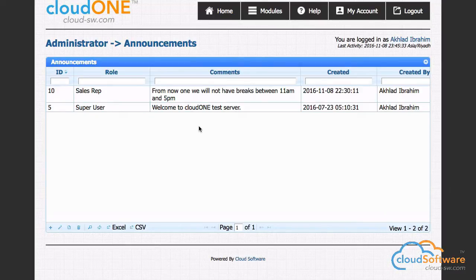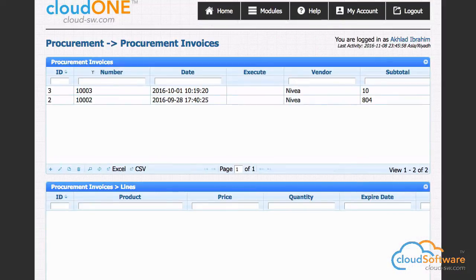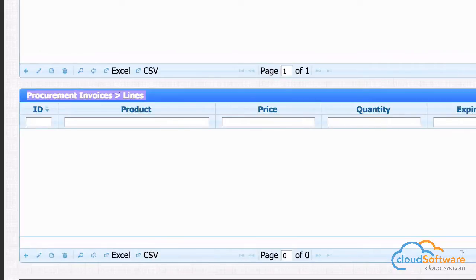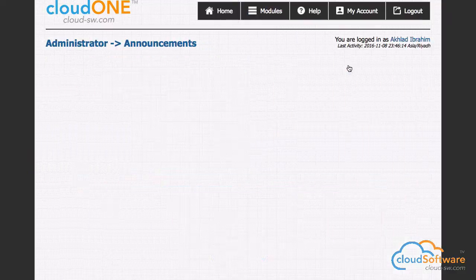The first part of the screen is the title. Here you can find the name of the screen. In other pages, like this one, you can find in the title the name of the screen, which is lines, plus the name of the parent screen, which is procurement invoice, and we will discuss this in another video. Going back to announcements,